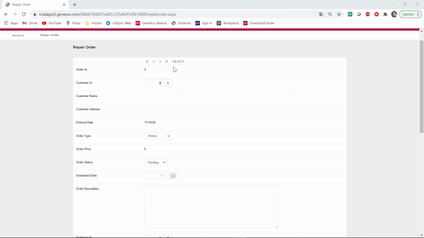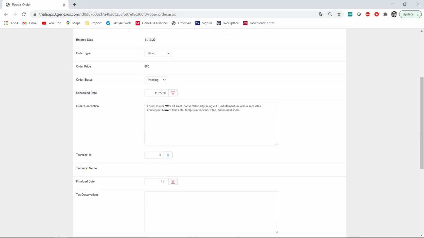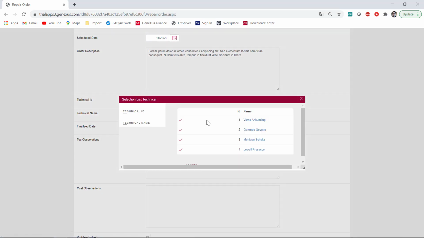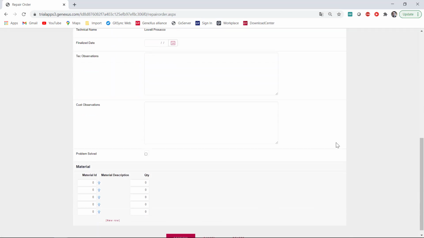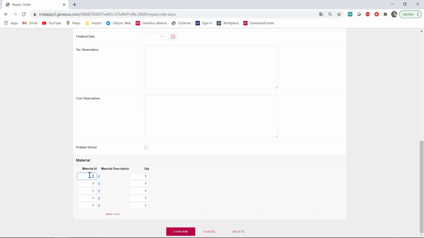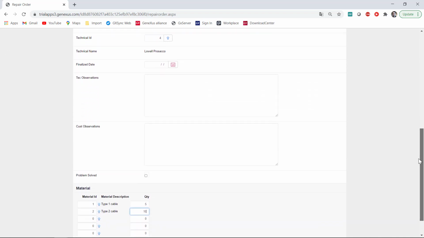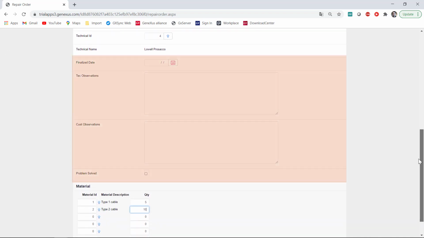The same happens when the coordinator accesses the transaction, selects the order to be modified, and so it's changed to update mode, assigns a technician to it, and loads the materials. As soon as we search for the order and load it on the screen, we'll be shown attributes that we may not be interested in viewing. Then, to load the materials, you'll have to leave fields empty in order to complete them later.